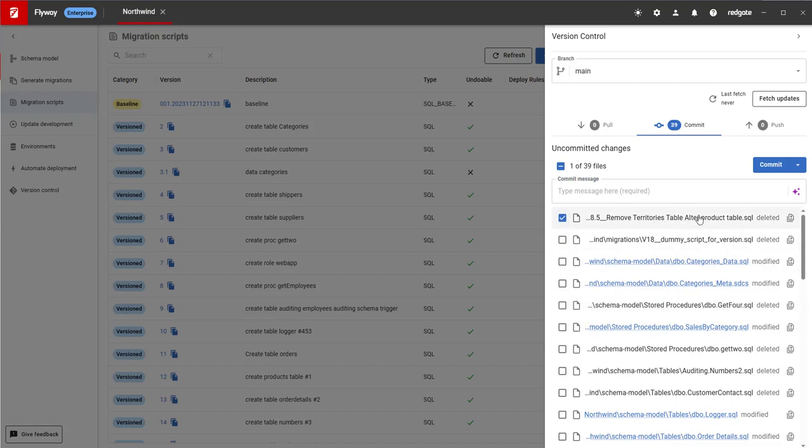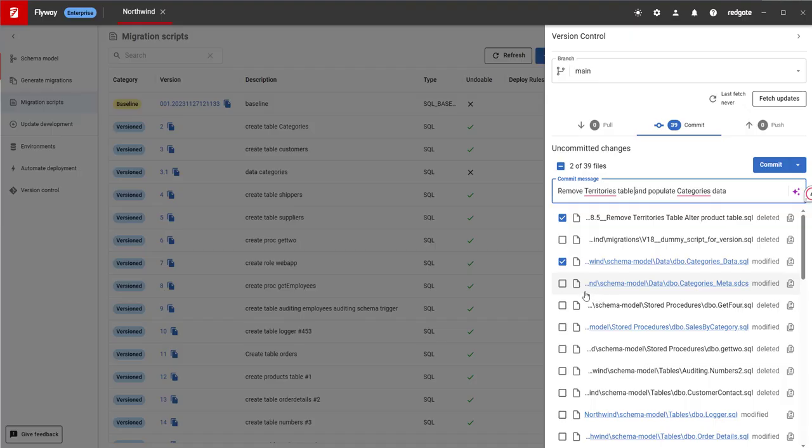If I pick one of these files, this little AI thing will kick off. Actually, I edited the message so it won't, but normally it would just kick off and give me a message. So, remove migration script for territories. That's kind of interesting, right? And if I pick another one, it kicks off again automatically because I haven't touched this field. And so now it gives me a migration script that's probably about 60-ish characters that kind of describes these two changes. Now, if I were to change this, if I were to just say remove this and populate categories data,